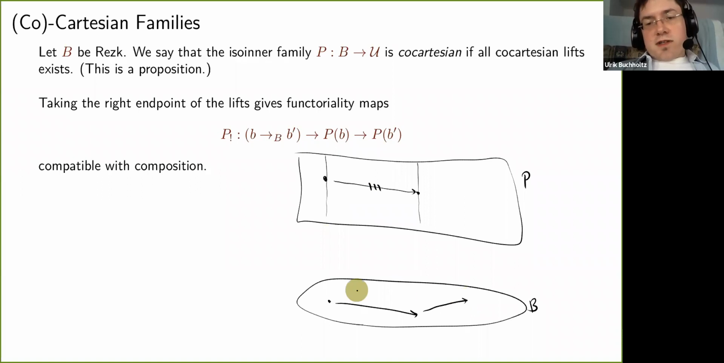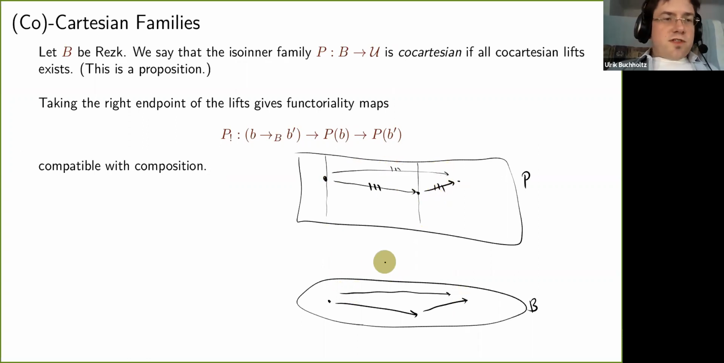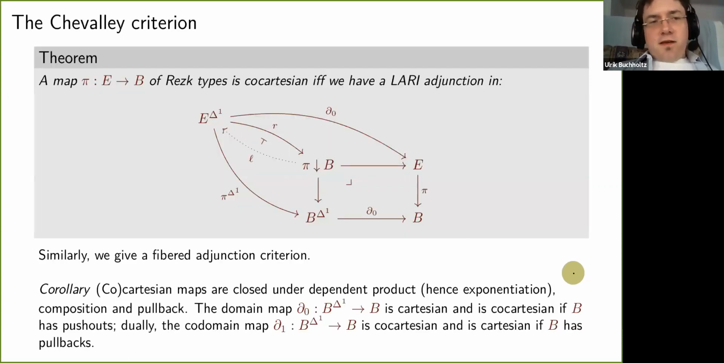And if you have a composite, then this works nicely with composition, uniqueness of co-Cartesian arrows. Okay. And of course, you're welcome to dualize things and get Cartesian families and the contravariant functorial action. Okay. Here's one thing. We prove a lot of things about co-Cartesian families in the paper. Here's one of the things we prove. A map of resc types represents a co-Cartesian family of the fibers if and only if we have